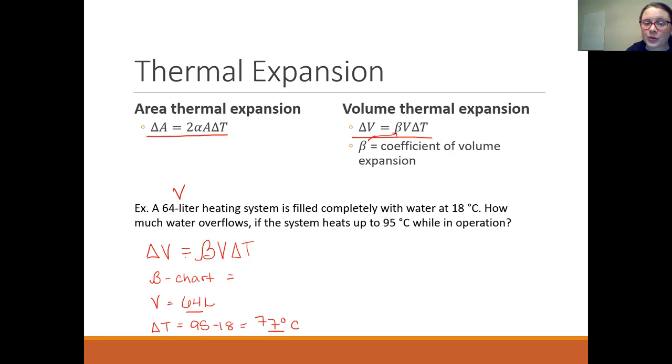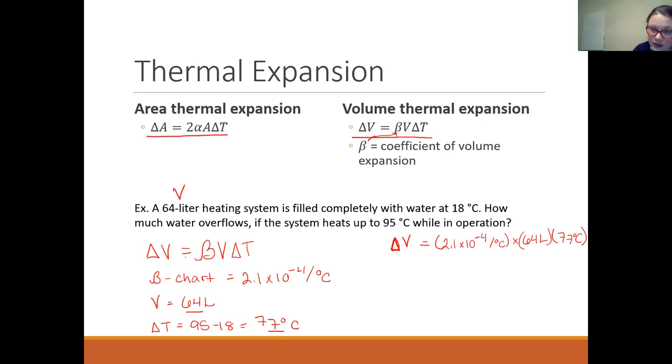So let's go back and put that into our question: 2.1 times 10 to the negative 4 per degree Celsius. Let's plug it in. We want to find the change in volume, and a little triangle just means change, is equal to beta, 2.1 times 10 to the negative 4, times 64 liters, times 77 degrees Celsius. So putting all of those numbers into the calculator,